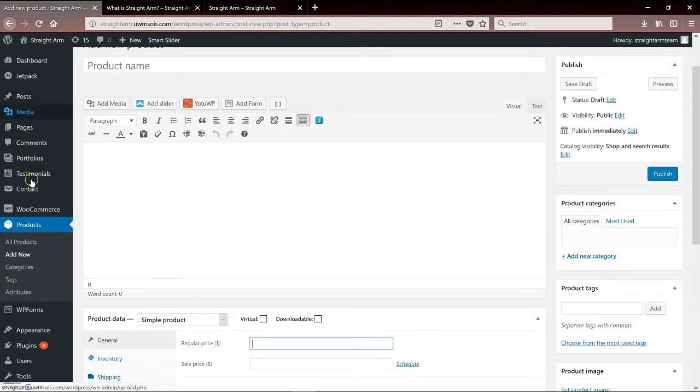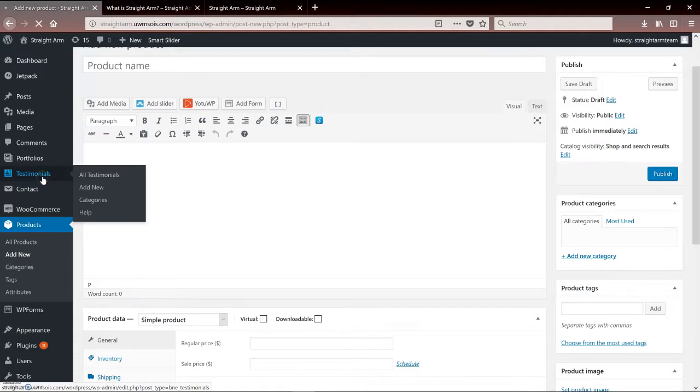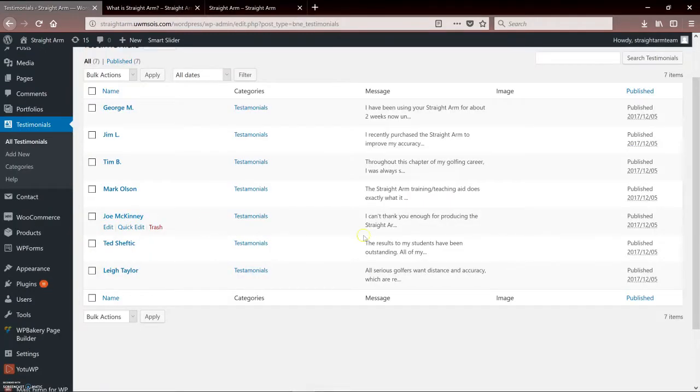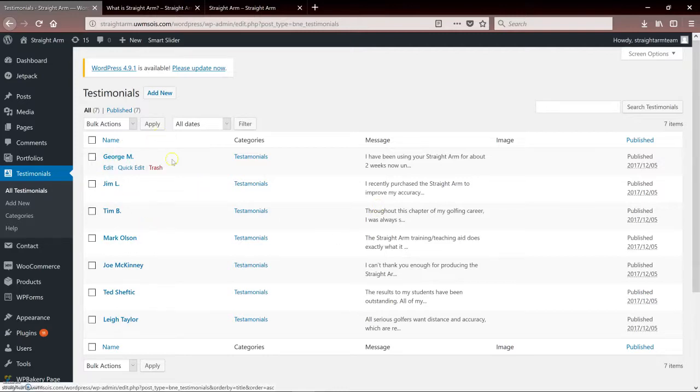I think looking at this main bar on the left here, let's say you wanted to add a new testimonial to the testimonials page. Then there's a testimonial button here. If you wanted to click that, it's going to show you all the testimonials that we have provided so far. If you wanted to add a new one, it's just like everything else. It's as simple as clicking Add New at the top here,